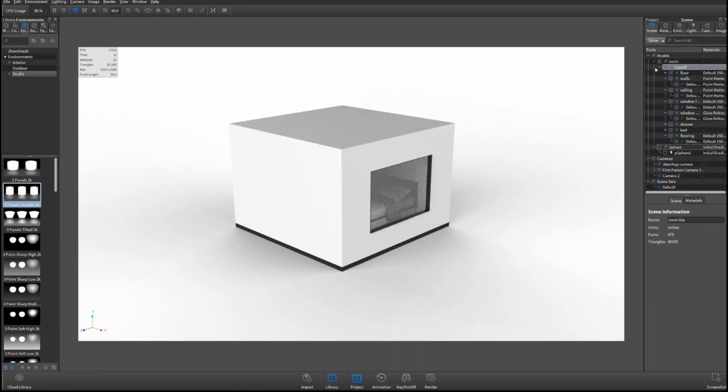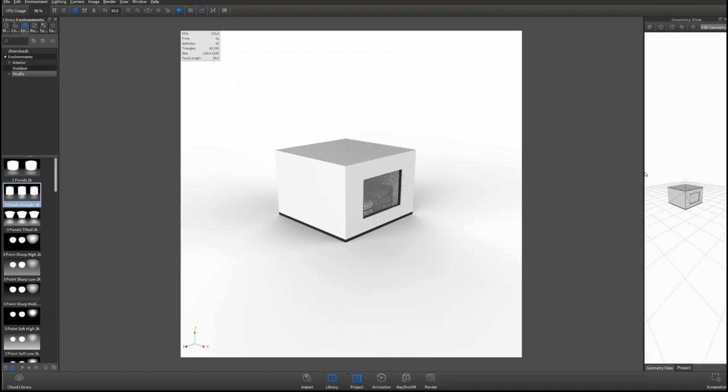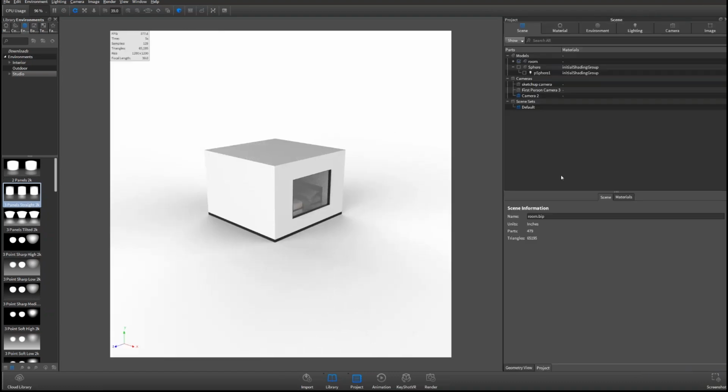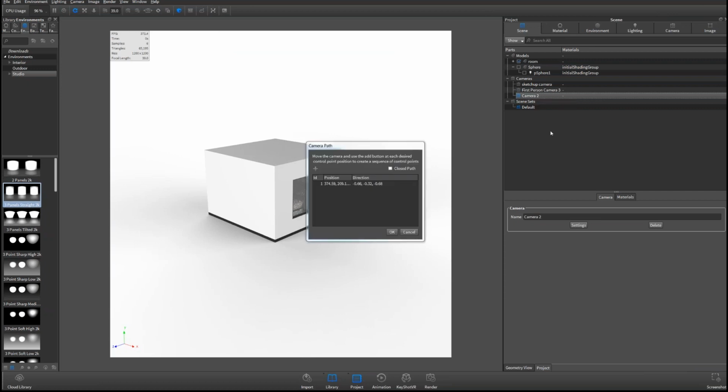So I'll go ahead and save this as camera 2 in a different model. I'm trying to get through this kind of quickly. But I'll go ahead and bring up my geometry view. And the reason I'm going to do that is because I'm going to drop in a new thing for us, which is the ability to do a path animation. So I will take a look at my scene tree over here. Let's right click our camera and I can add a path to it. So let's go ahead and click.